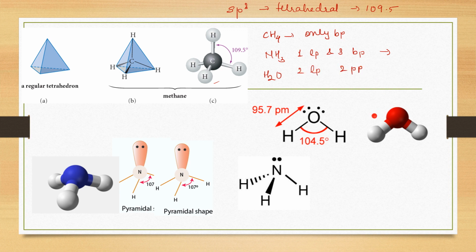Two bonds are there, no? H2O, see, two bonds are there. In ammonia, there are three bonds, and in methane, there are four bonds. Four bonds with hydrogen, no? So the bond angle decreases. You get questions on geometry. You get questions on why bond angle has decreased. You get questions on how many lone pairs are there. Okay, so this is overall a summary of sp3 hybridization.